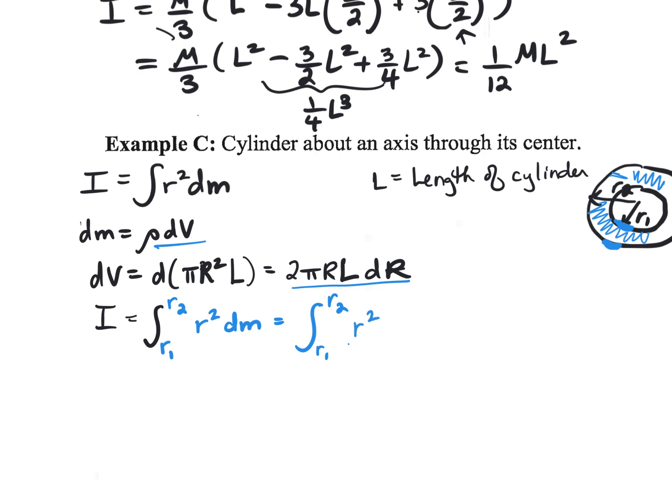R squared, and then all this mess right here, rho times 2 pi r L dr. Whee! Now the nice thing is that the whole bunch of that is constant, isn't it? So let's pull out everything that's a constant. Rho is a constant. 2 is, pi is, L is. So from R sub 1,